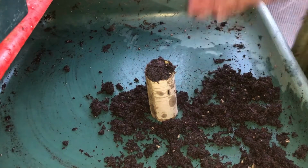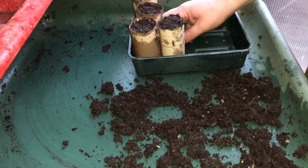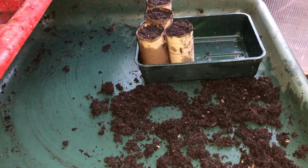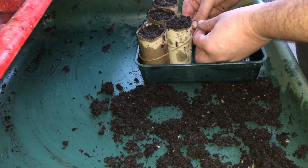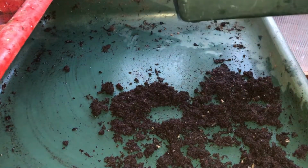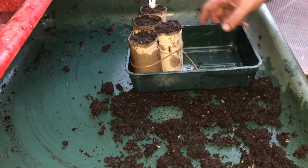I could sow in pots, but I'd want a deep pot for that root growth reason. Here's some I did earlier. And of course there's lots of toilet roll about at the moment because everyone panic bought it. There we go. And for stability, I'd just tie these together. I'm going to do more tomorrow, because this is not my main crop, just to space out the sowings so that I've got some good odds. But just sewn together there, pop a label in there, date on the back,